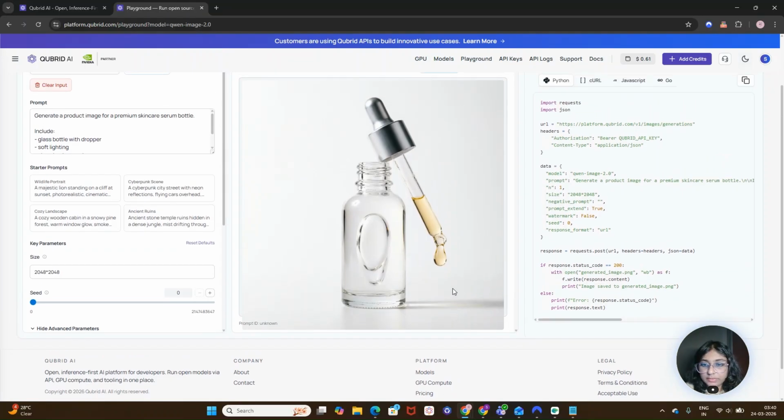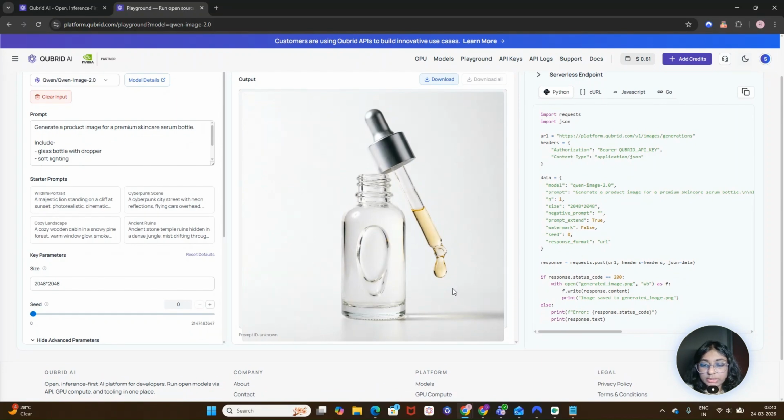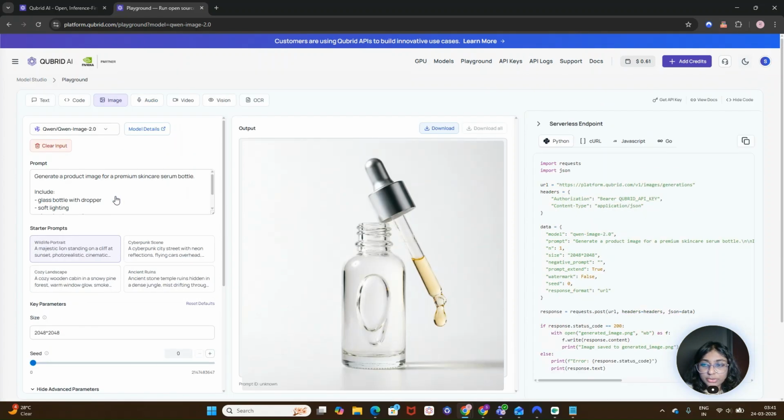So it has generated a very high quality product style image over here. This is similar to what you see in an e-commerce listing or a brand website or some product ads. So this is quite useful for D2C brands, marketing teams, or startups who want to exhibit their products or create a product visual like this. So this model is quite useful to turn simple prompts into some production ready visuals. It also helps in marketing automation, design workflows, product visualization, or content creation. So you can use this model in those kinds of use cases.